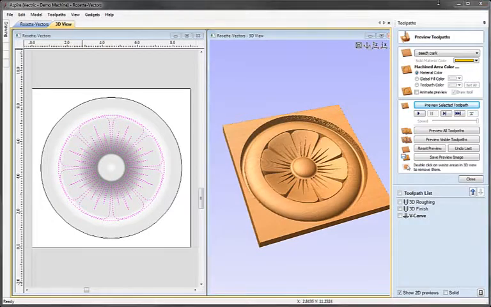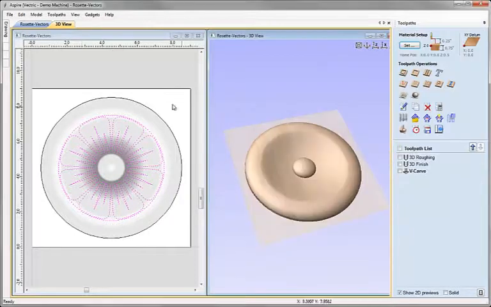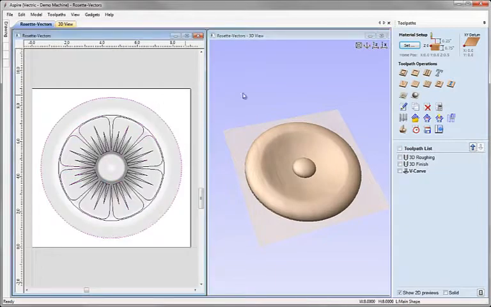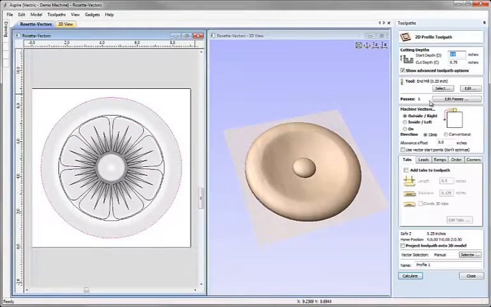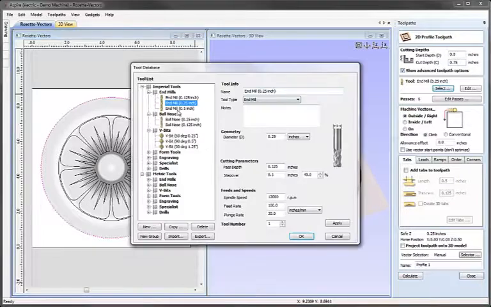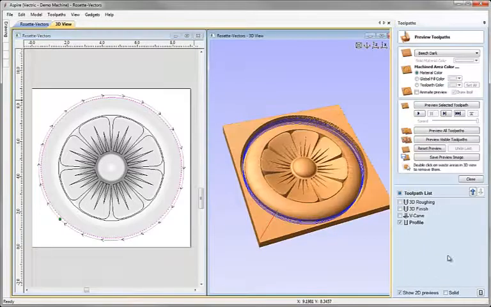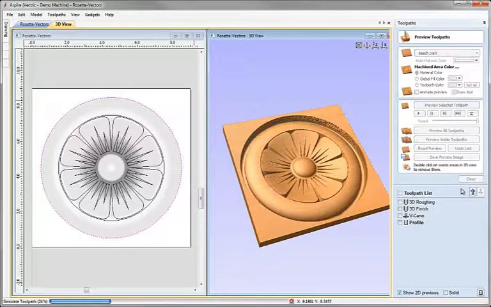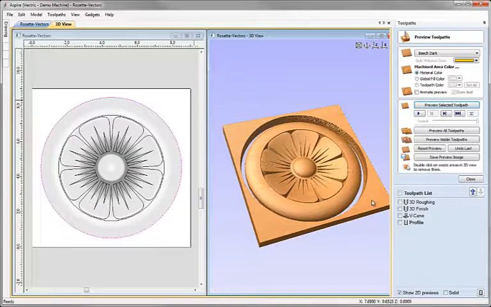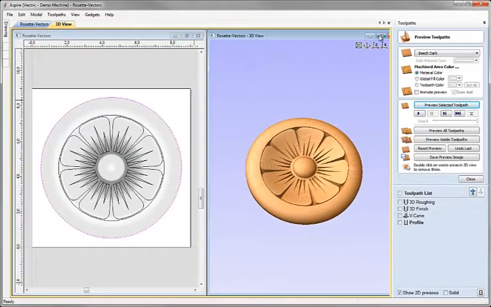So to finish this particular part off, we can hit close on the preview toolpath form, select the outer circular vector again, come up and click on the profile toolpath option, make sure our cut depth is set to an appropriate value to cut through the material. I'm going to hit select, choose a regular flat end mill, and then we'll just make sure machine vectors is set for outside. Just take the defaults for this, we'll assume we have a way to hold it down without using tabs. Calculate that, preview it,